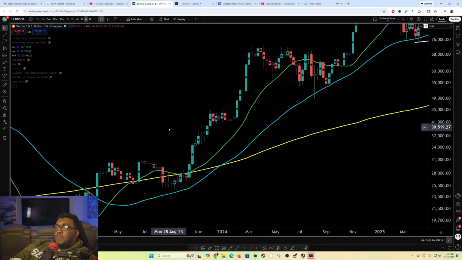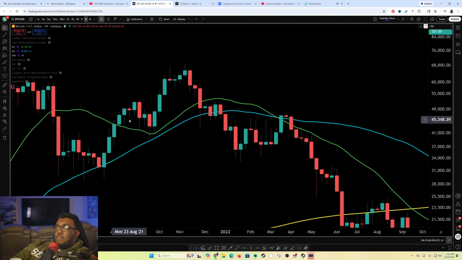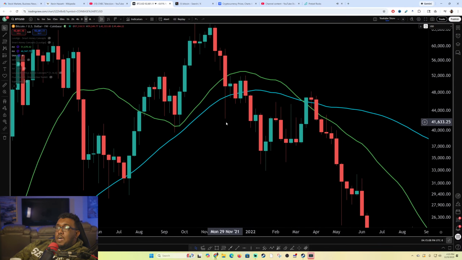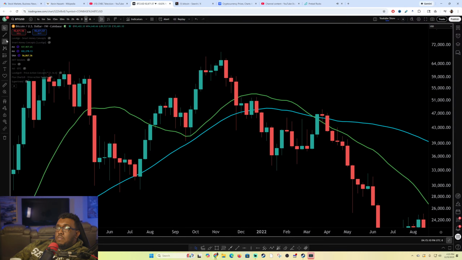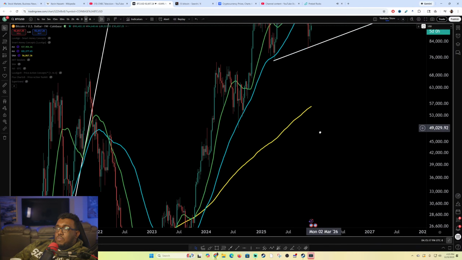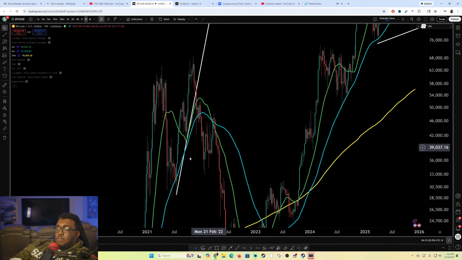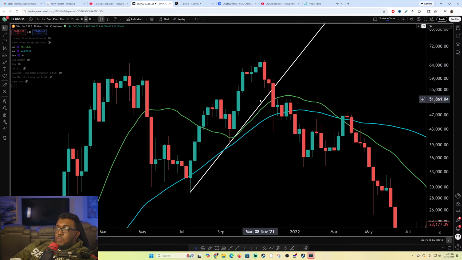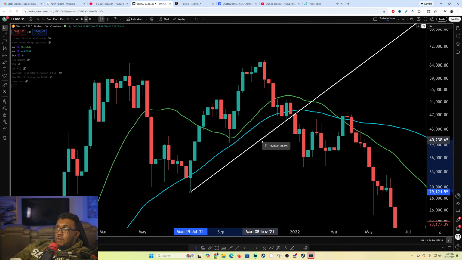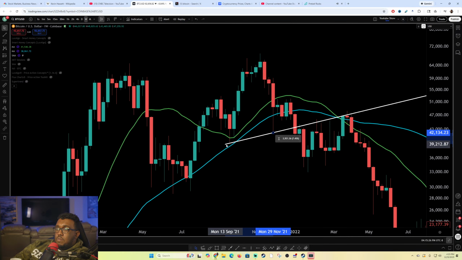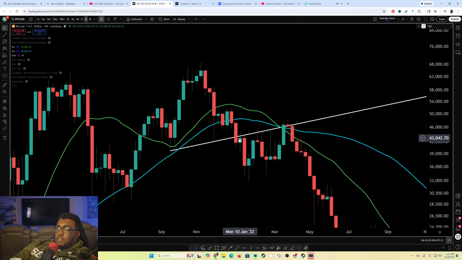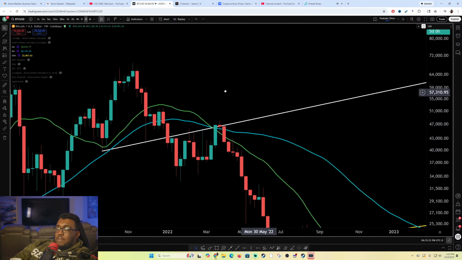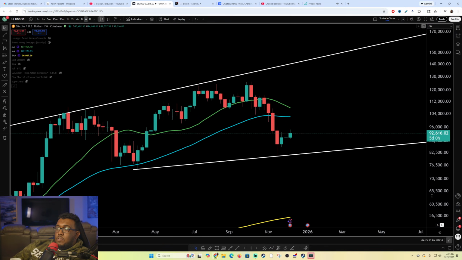Go back over here to the weekly one so you can see a little bit more of the head and shoulders pattern. Boom, boom. Bitcoin's already broken down from that pattern. Just watch this one right here if you're looking to do something of a larger term short. This is a pretty good level of resistance for a while after we broke down too. That could also be the case.